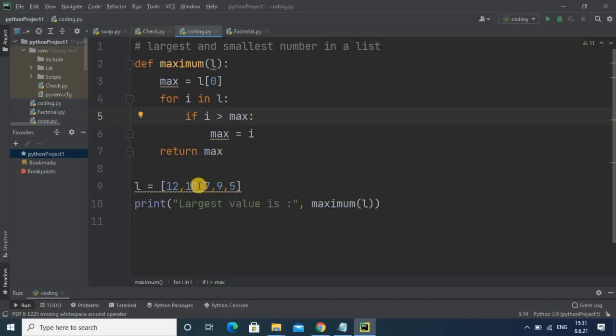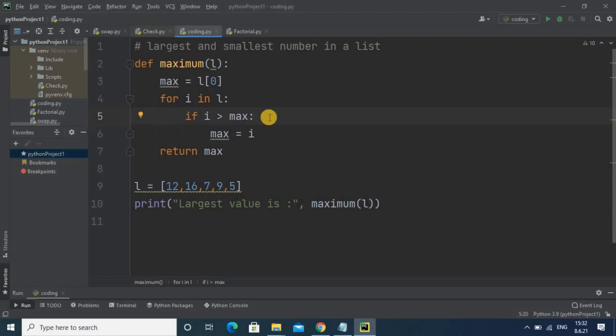So suppose I make some changes in the values. For your understanding, I take a different value here, and suppose that value is 16. In that case the output will be 16. The first value is 12, the condition is false, so it will take the second value. 16 is greater than 12, so max is 16, and for the rest of the values the condition is false, so it will return that value 16. So once again we verify the output, and you can observe 16 is the output.